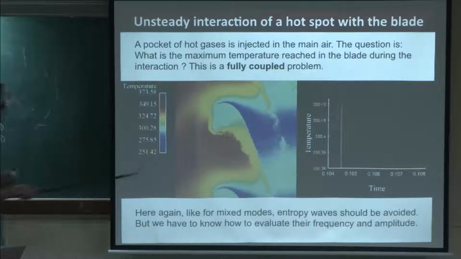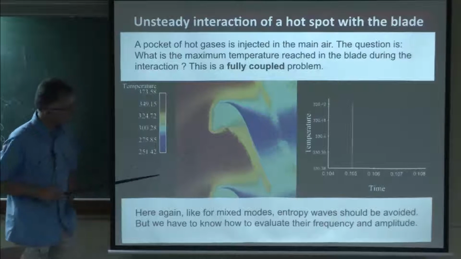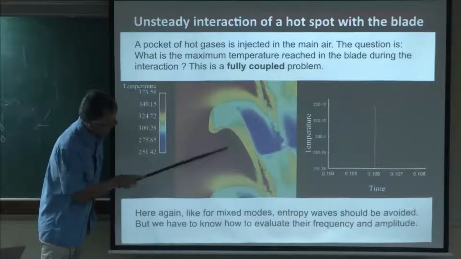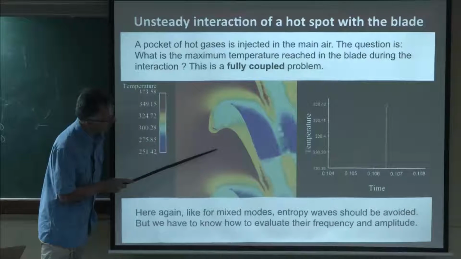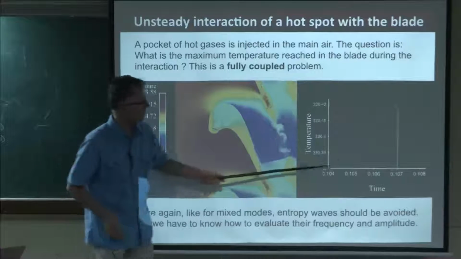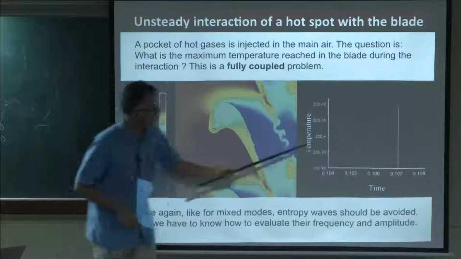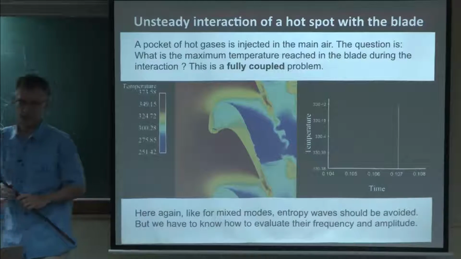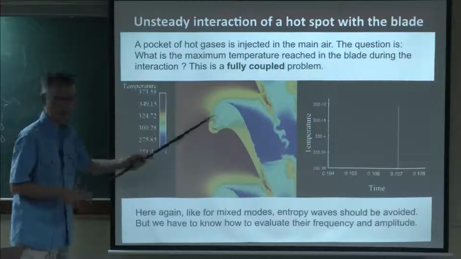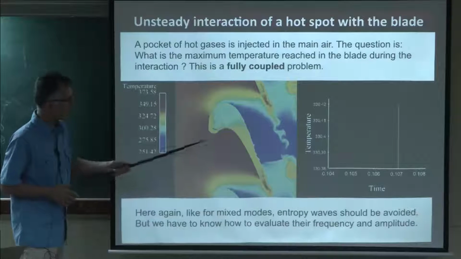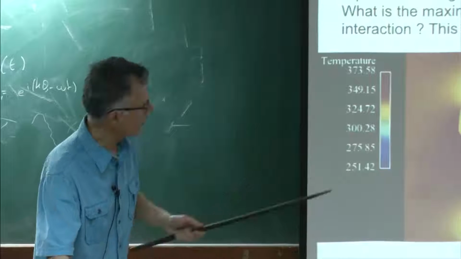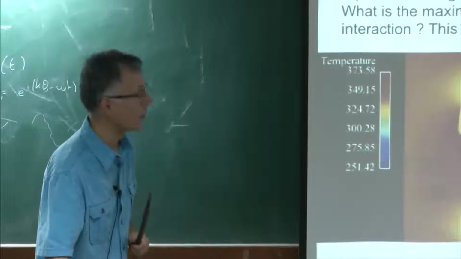So you see here this hot spot arriving. It's like an entropy wave interacting with the flow. Then this hot spot is kind of dissipated by the jet. And you see the temperature of the leading point here. It's going up, but it's going up by almost nothing, okay? A few fractions of a Kelvin, because again, this blade is massive. It's a big guy. The point is that if you repeat that at 1,000 hertz, then probably this temperature here will start going to a higher level.